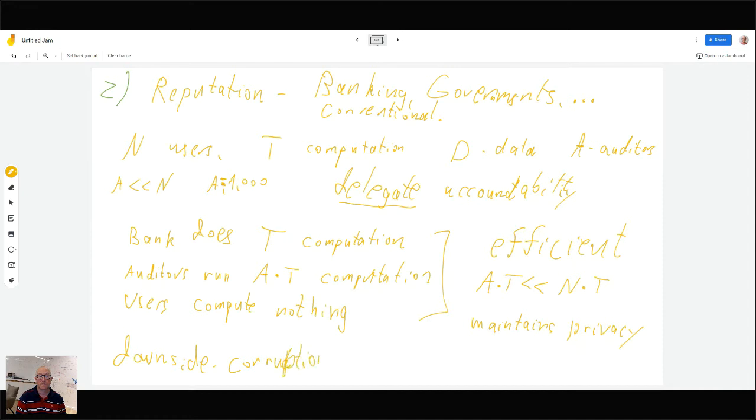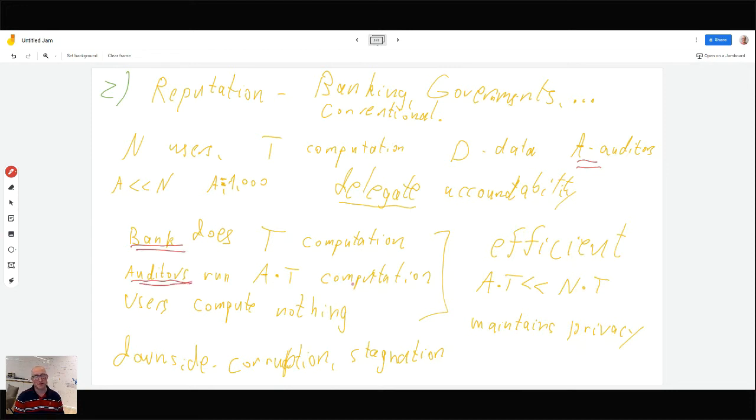It is prone to stagnation, meaning that if someone comes from the outside, there's a very asymmetric situation here. The auditors have a lot of power, right? So how do you become an auditor? The auditors have a lot of power and the bank has a lot of power. So they control a lot of stuff.